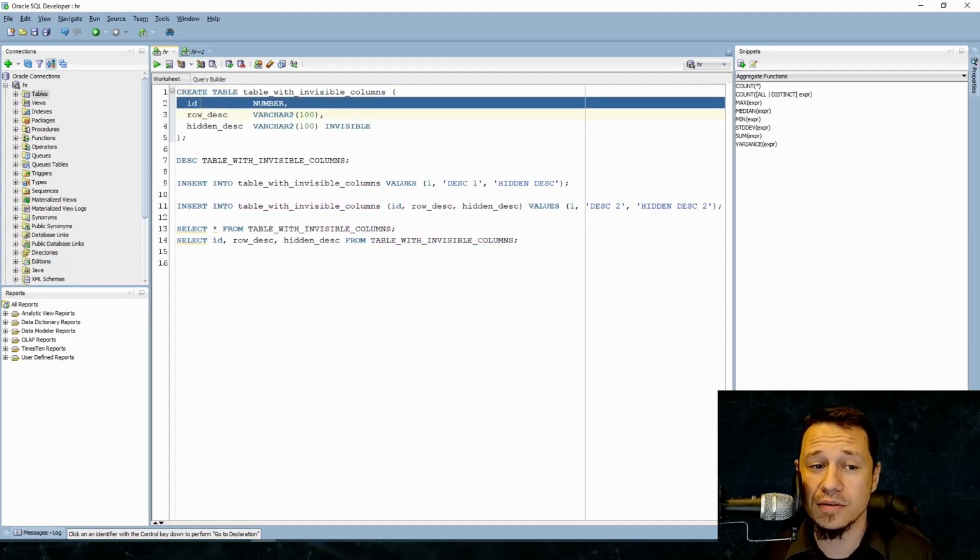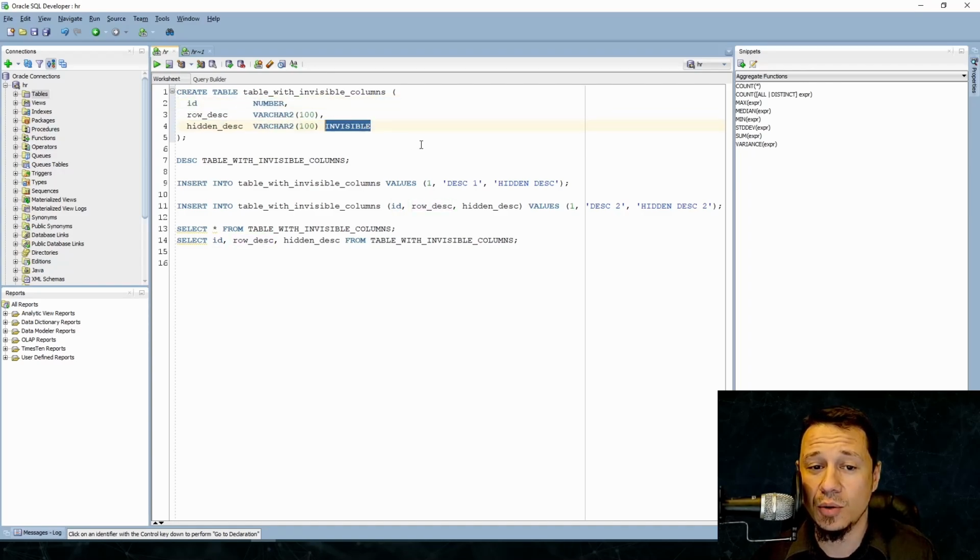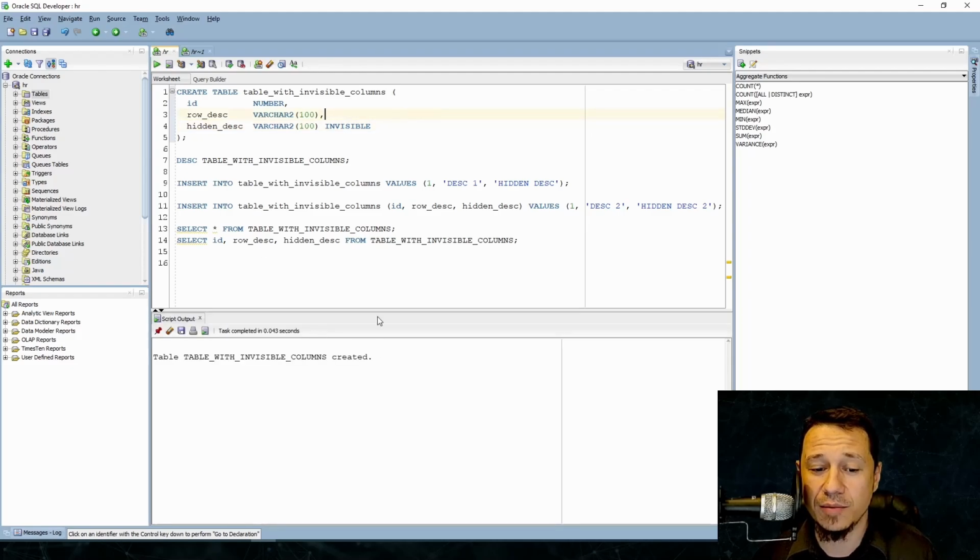have three columns: the ID, the row description, and the hidden description, which is going to be defined as invisible. So when we create that table and try to describe it, only two columns are going to be presented over there. And when we try to insert the data into that column with a short form, so when we insert